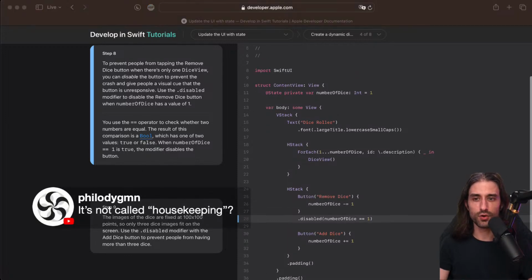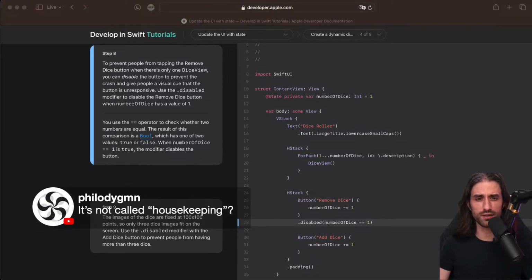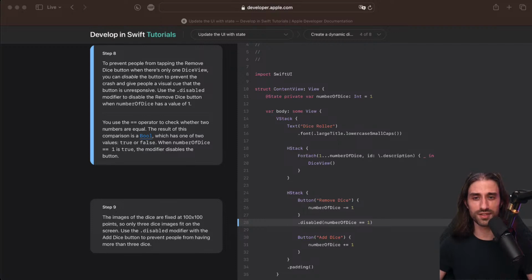And you're saying it's not called housekeeping. Yeah, that might also be one of the nicknames for this kind of rules. Honestly, I think every person has their own name for it. Every company, every methodology has their own name, but the underlying idea is always the same. It's the rules of how the UI should behave.